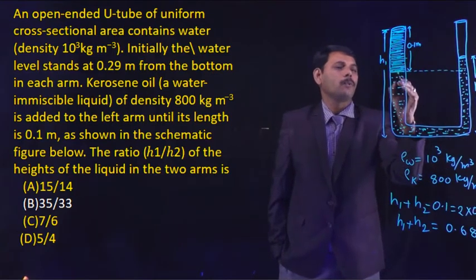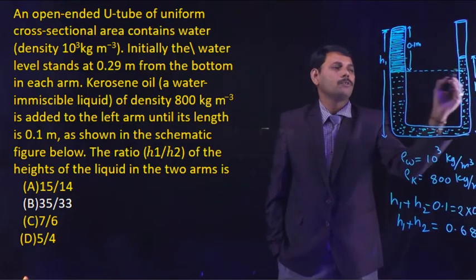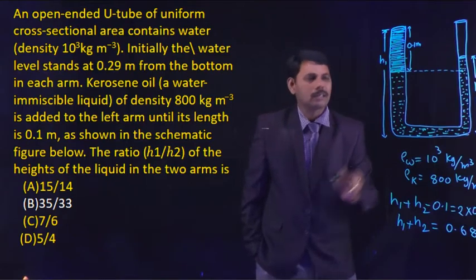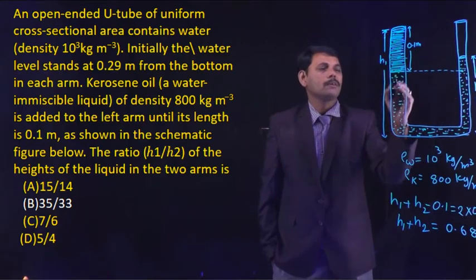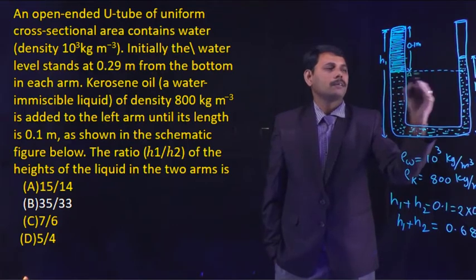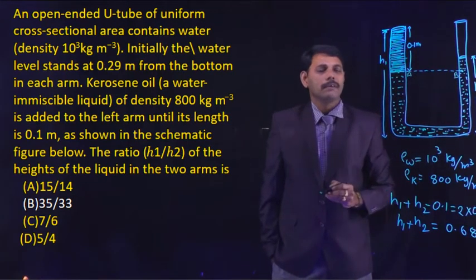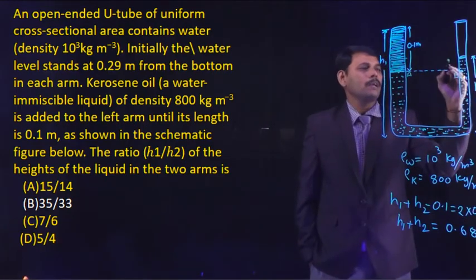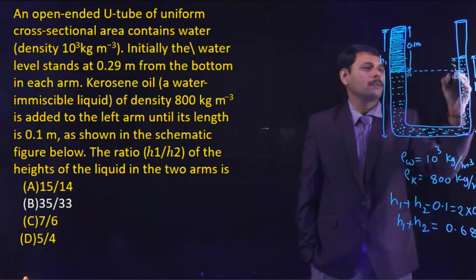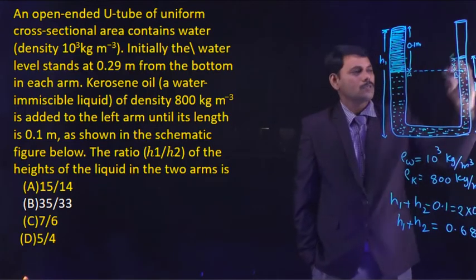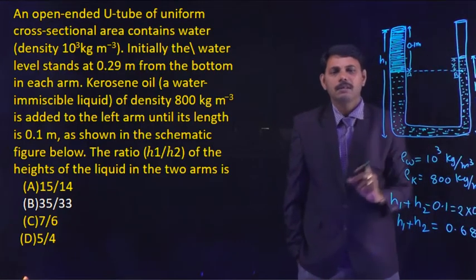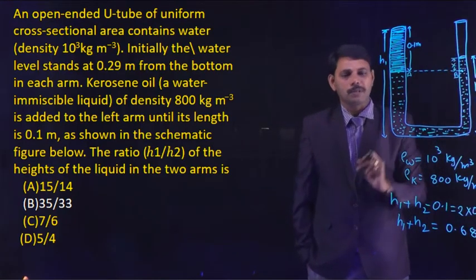These are two points on either limb of the U-tube at the same level. In fluid statics, we know that at the same level, pressure must be the same. Let this point be A and this point be B. We conclude that pressure at A is equal to pressure at B. To calculate pressure at B, we have to know the water column above point B. Let X be the water column above point B. See the diagram, the water level above point B is X, and we have to find the X value to calculate pressure at B.